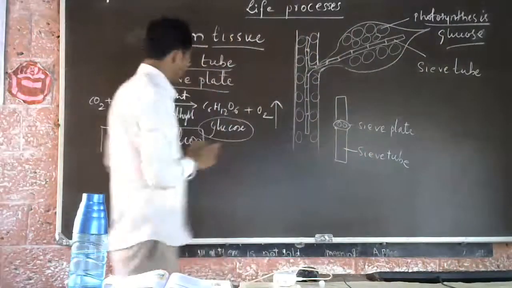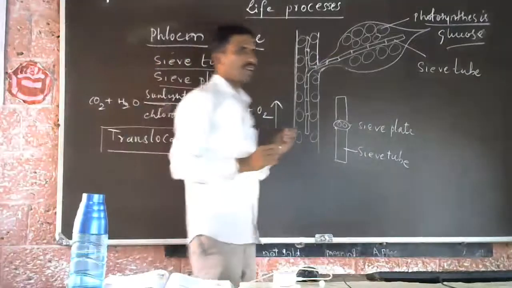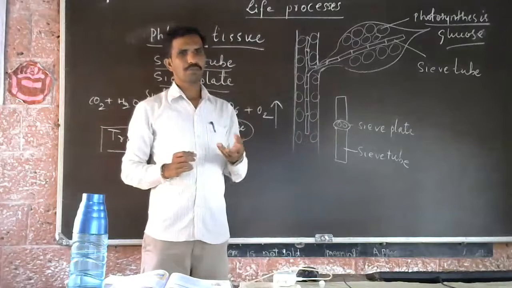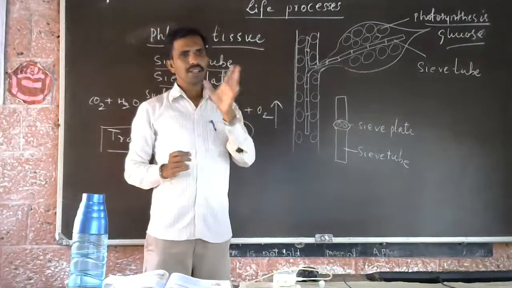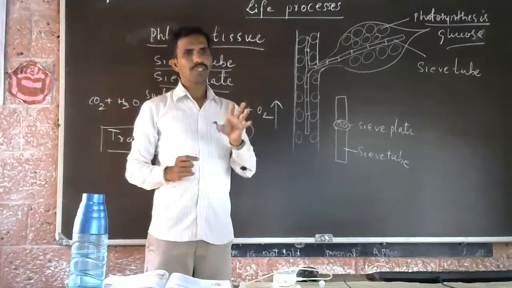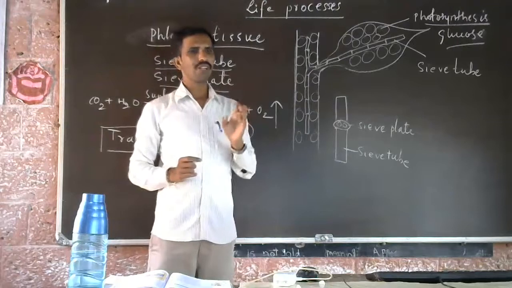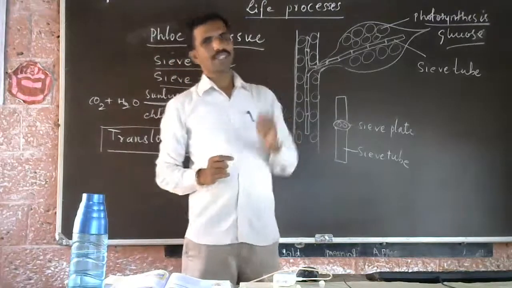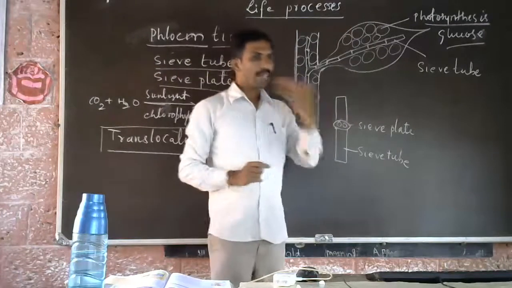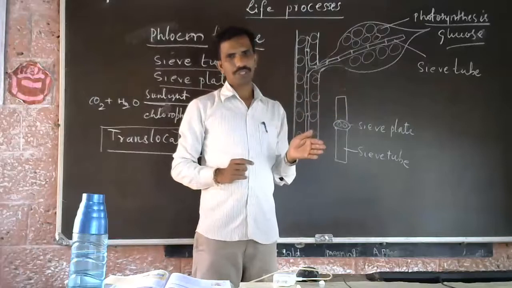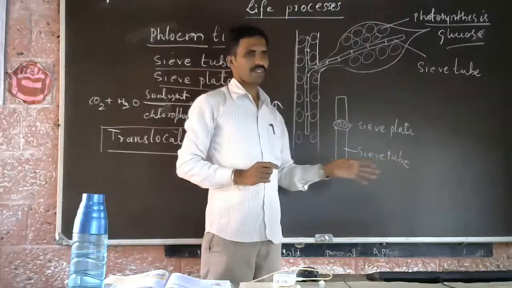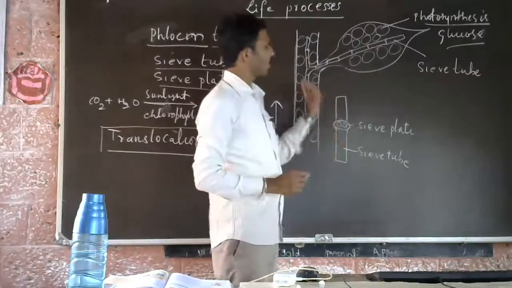Yesterday I told you there are two types of transportation: active transportation and passive transportation. Passive transportation happens by physical force like transpiration pull. But active transportation happens by investing energy. The plant will invest some energy. It involves ATP. That type of transportation is called active transportation. Active transportation means it involves energy. Energy has to be spent, and then the movement will happen.